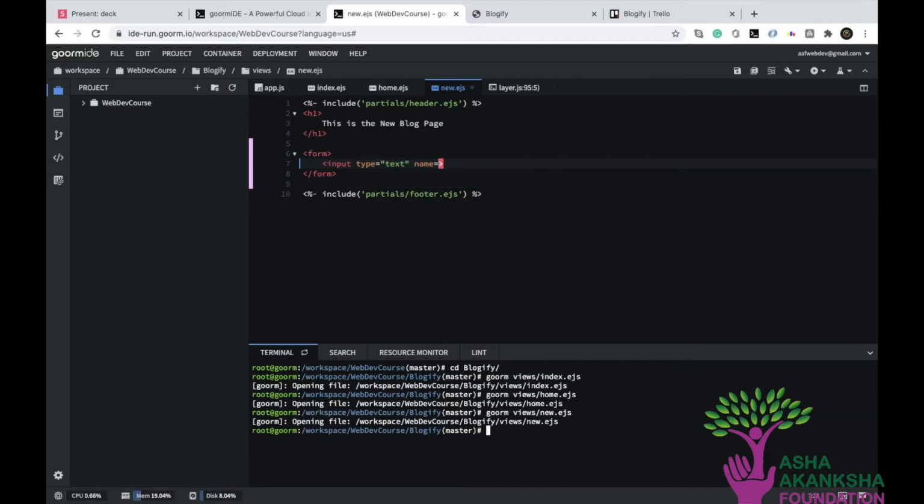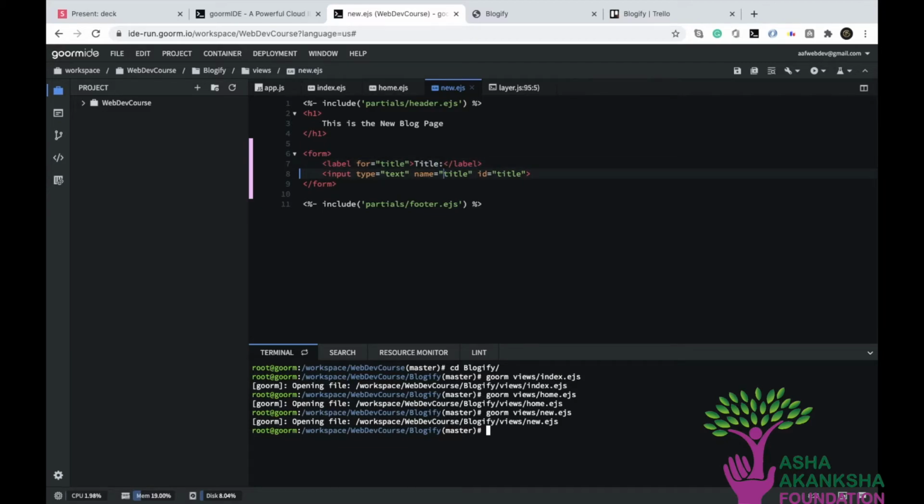And name will be title, and so the ID will be title. I mean, this is not fixed, but that's what we're going to have. And the label will be for title, and then I'll put in title,